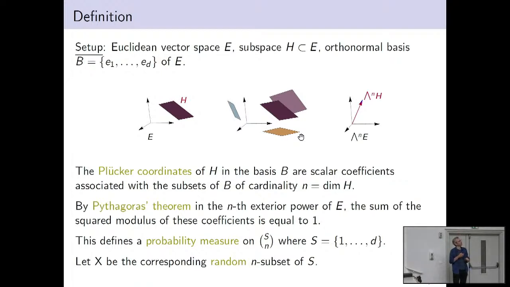the so-called Plücker coordinates of a subspace are basically what I represented here on the drawing, which are projected shadows of this little square on the coordinate subspaces. And these are scalar coefficients which represent basically these areas, except they have signs because it depends on some orientation. And in fact, it turns out that when you take an appropriate normalization, the sum of squares of these